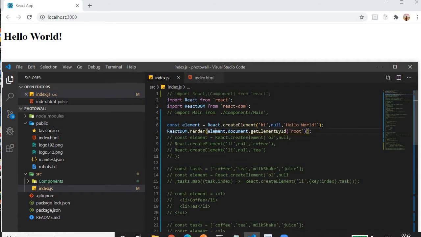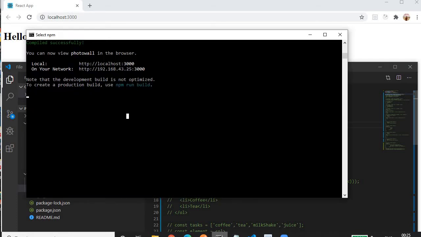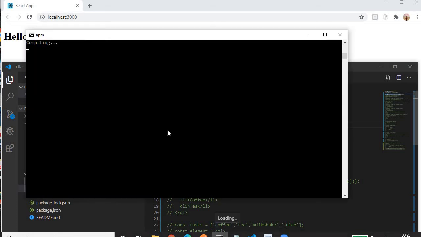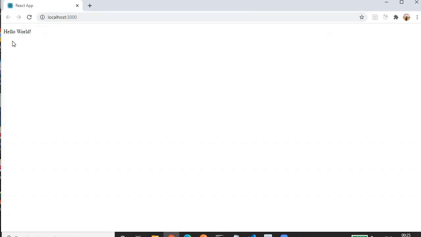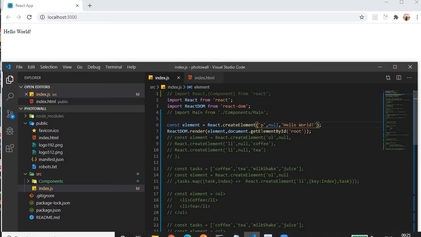So if I change it to a different element, you will see how it looks. The font size, font weight, everything will change. I guess it's compiling. See, on compiling, our page got refreshed and we get the output that is being rendered.